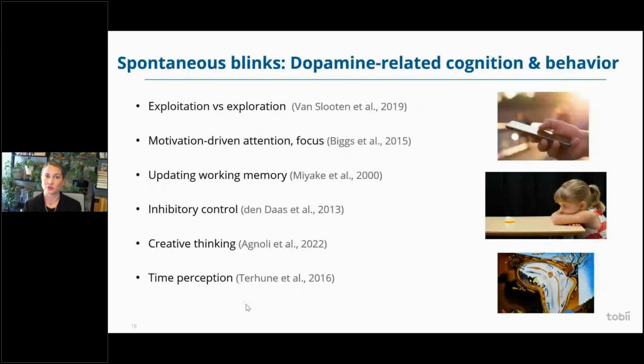Spontaneous blinks can also be related to cognition and behavior. For instance, exploitation versus exploration. So people with higher blink rates are more likely to explore different possibilities, while those with lower blink rates stick to familiar, rewarding choices. You can also use spontaneous blinks to measure focus, motivation-driven attention, working memory, inhibitory control, creative